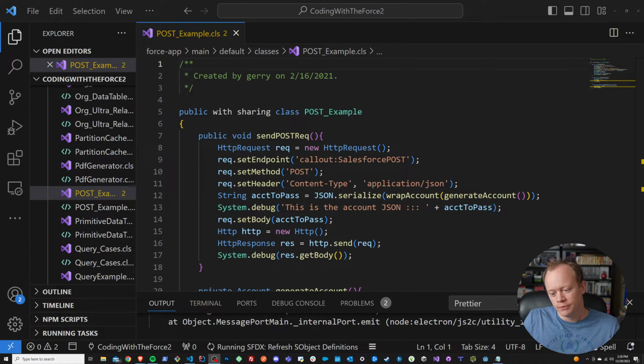Long story short, the reason that you want to test code is because on top of it being a safeguard for you as a developer, it's also one of the most freeing mechanisms that you as a developer can have in any ecosystem. Doesn't matter whether it's Salesforce or some other stack. Writing tests that are good, that you trust, is one of the most valuable things that you as a developer can have. And the reason for that is